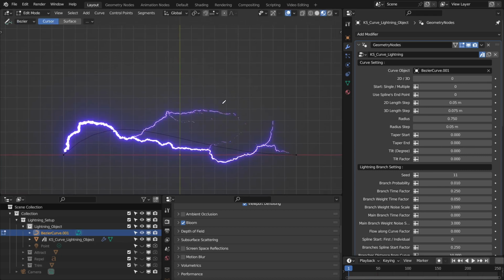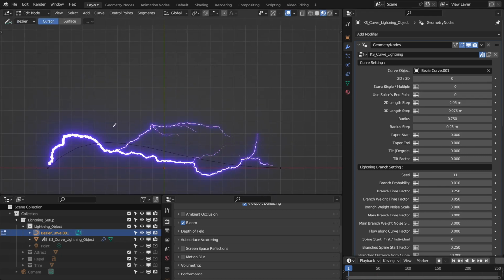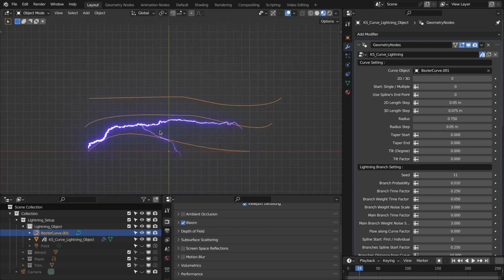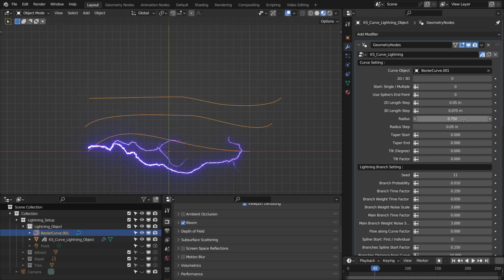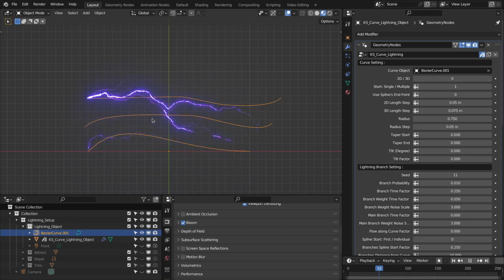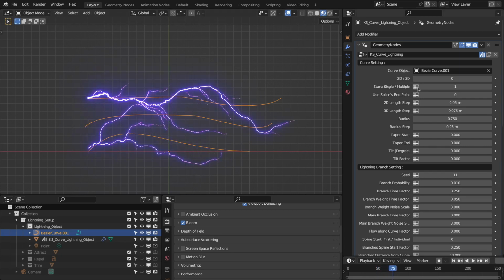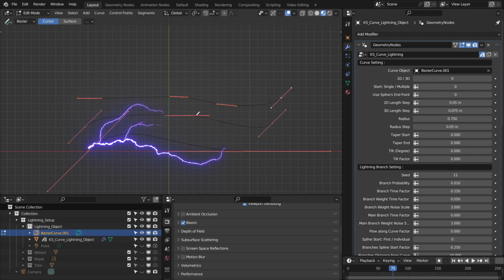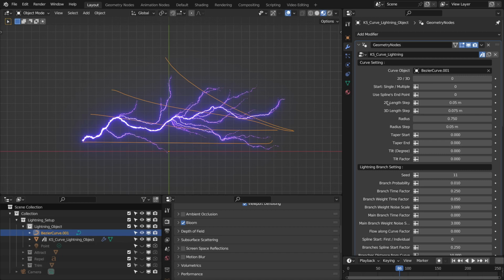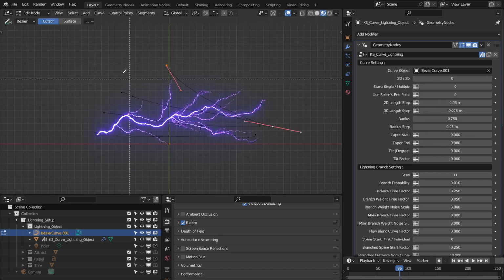Now suppose your curve has multiple splines, and let me type here. See, we have these multiple splines. It's going to generate the lightning across these splines if the splines are within this radius. And if you enable this option, single to multiple, then it will generate the lightning for each of these splines. Otherwise, it's going to use them as a single spline and then create the lightning. And this is basically the length step to sample that curve along the length, and this radius step is the sample step perpendicular to this curve. Delete these curves,